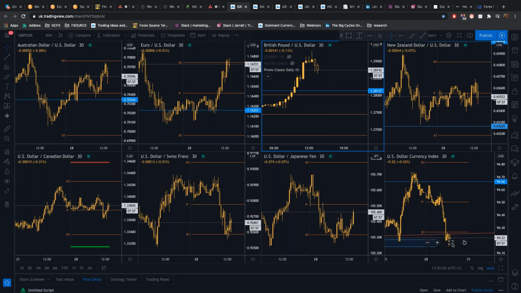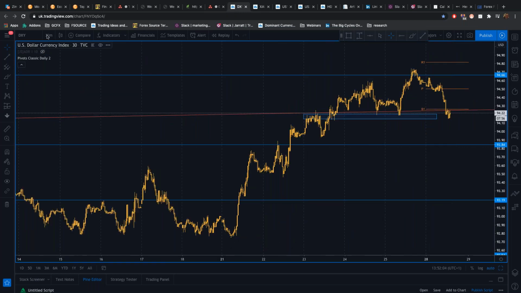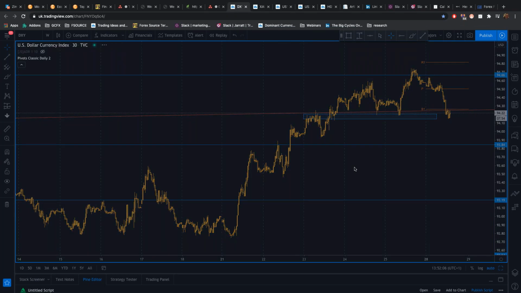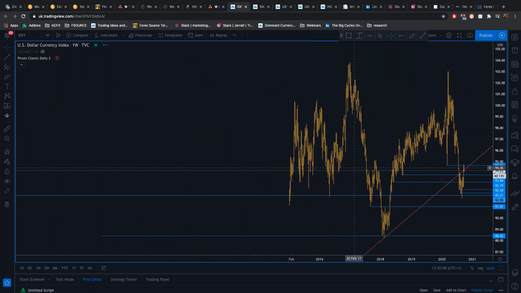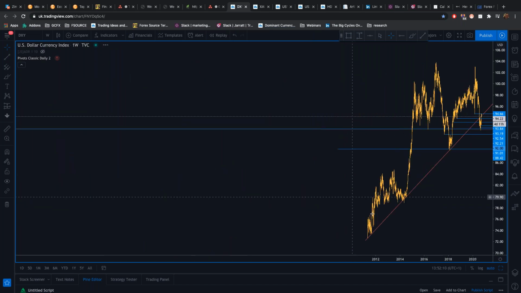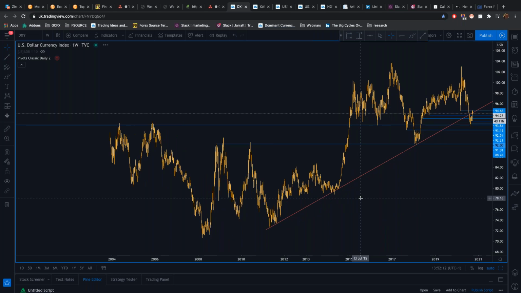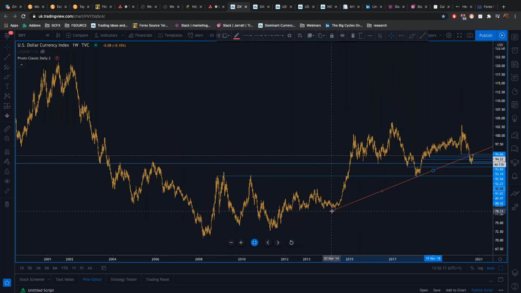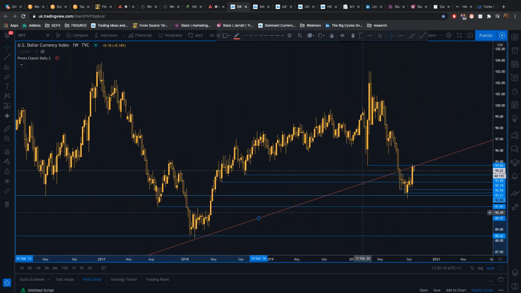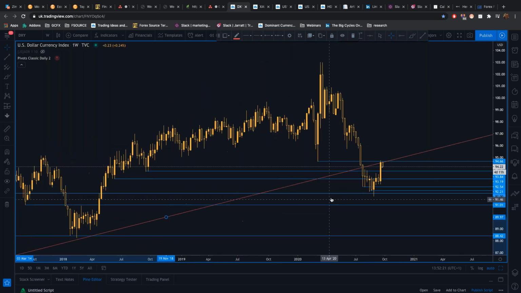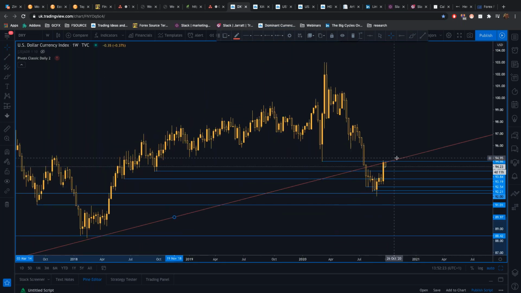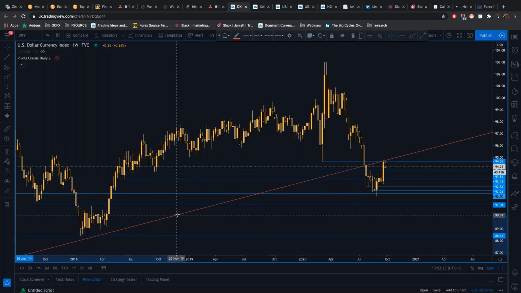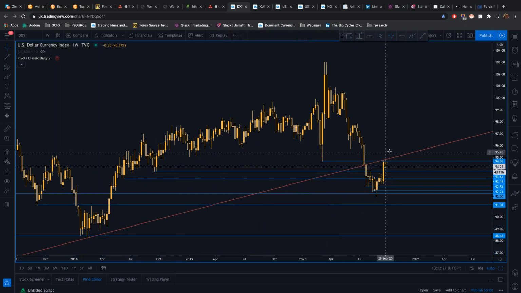So this is a time to be very cautious. Now I'm going to show you that key area. This is a very, very key area in the dollar index, exactly where we are now. You can see where price is trying to break through this key trend line here. Okay, now if we get above and stay above this trend line, that is a positive for the US dollar.